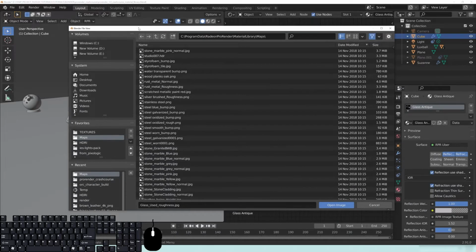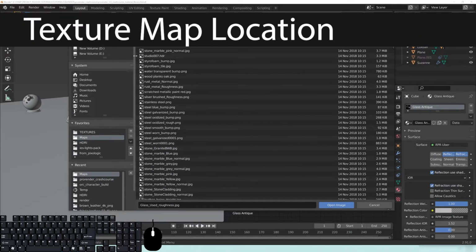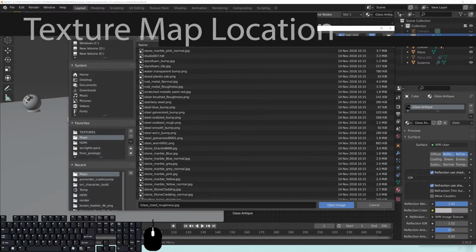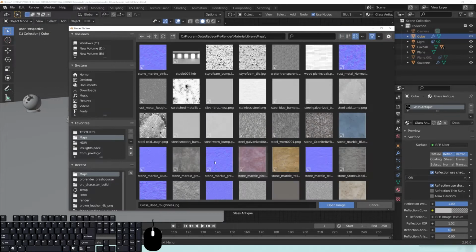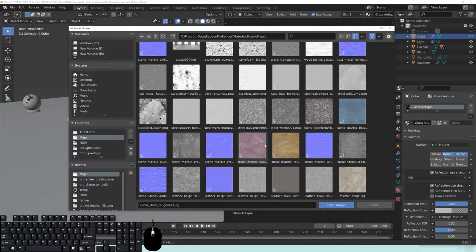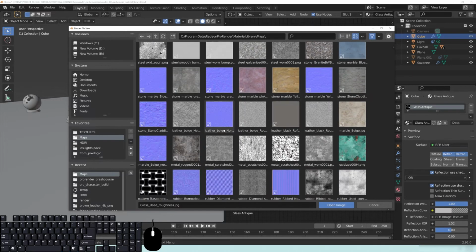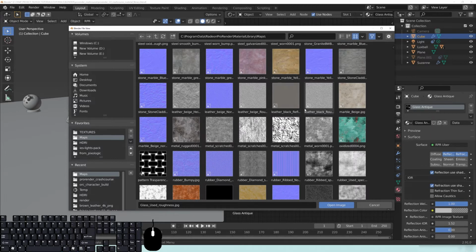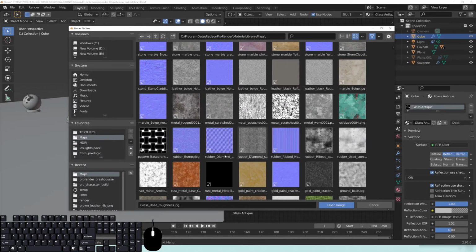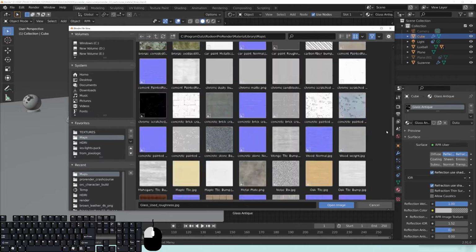And my recommendation is that you'll want to save this to your favorites and maybe make a really quick little shortcut to this on your desktop, because a lot of these in here, if we change this to the tiled view so we can see this, you can actually use a lot of these images in any other render program or render engine. So you can use this in Cycles, you can use it in LuxCore, you can use it in anything else that you want to use it in. So these are not just going to work for ProRender, you can use it for anything else, which is pretty great because you get a lot of these